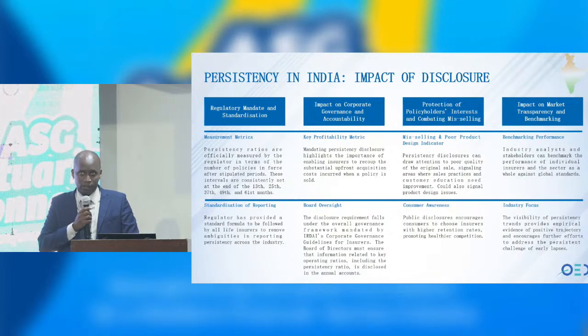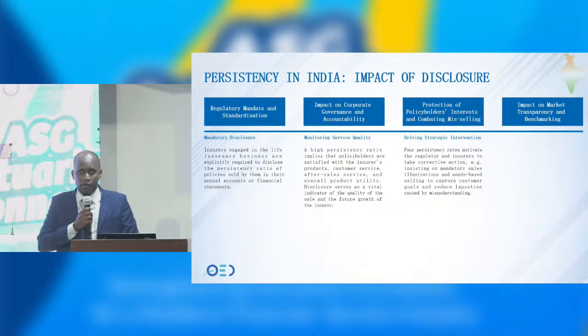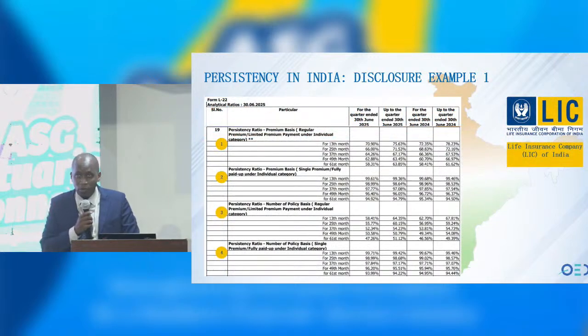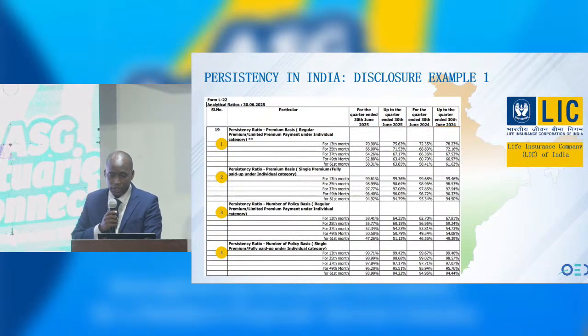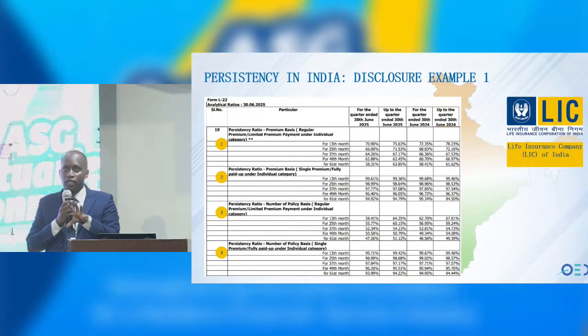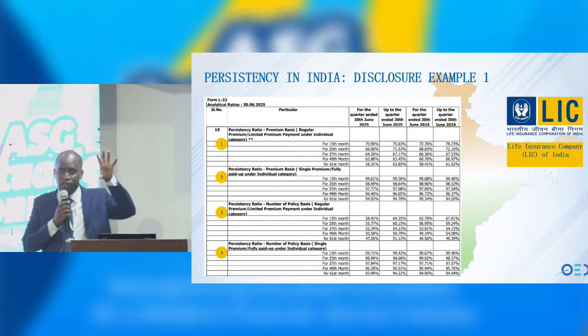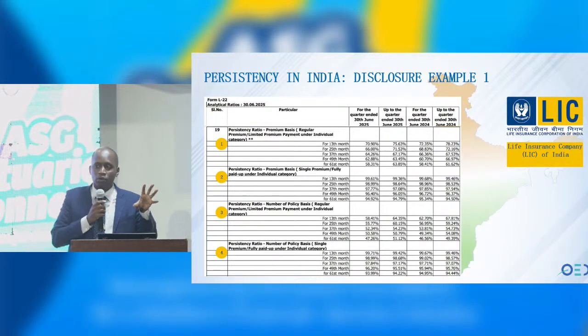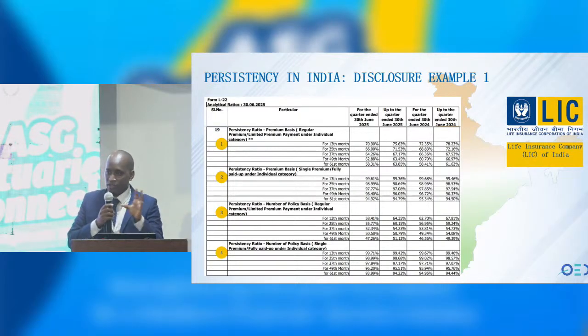I'll skip the next slides. It's going into a bit more detail. Probably this is a bit small, but we will definitely share. Essentially, there's a standard format that the regulator has provided in terms of disclosure. So I've talked about the 13th, 25th, 37th, 49th, and 61st. Remember what I talked about, disclosures being standardized. Otherwise, everybody would essentially do their own thing. So they've come up with a very standard way. They've also done it such that disclosures are done every quarter. So if you think about your actuarial